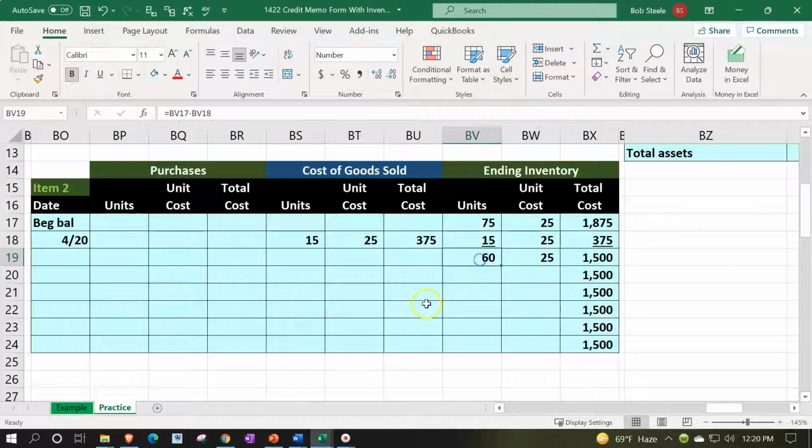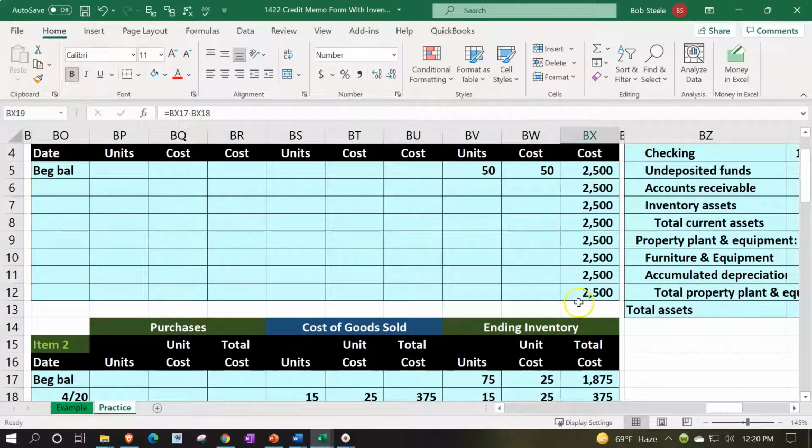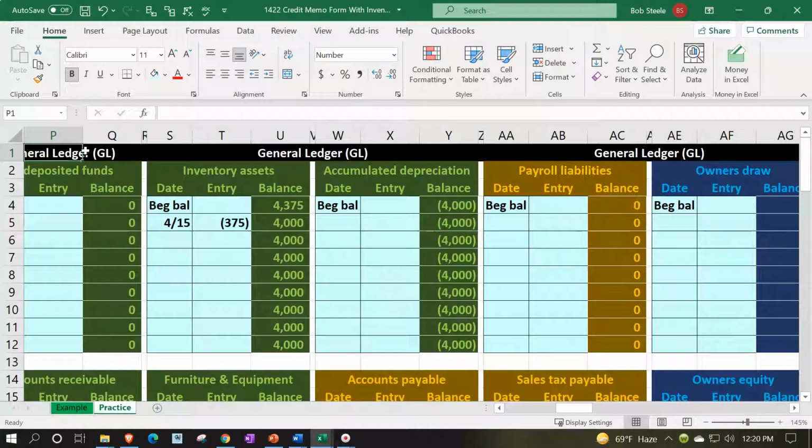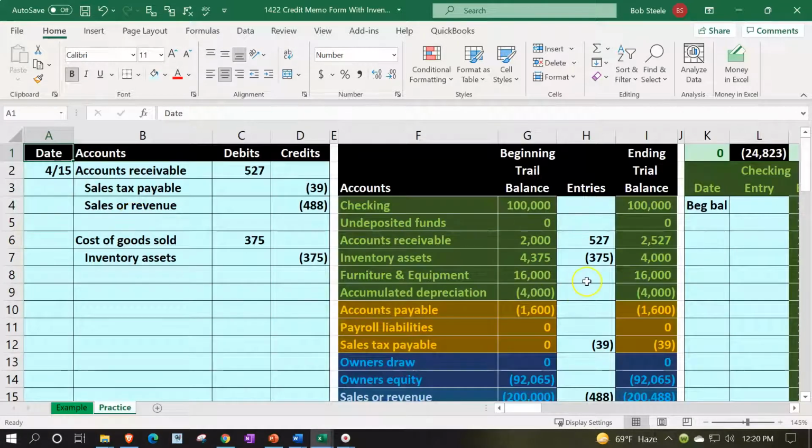So we have 60 units left at $25, which of course is the same 25 no matter what flow assumption we use, because we haven't had any changes in the dollar amounts of the cost of them. And therefore that 60 times the 25 gets us to that 1,500 for the inventory unit 2, plus the 2,500 for inventory unit 1, adds up to the 4,000 total in dollar amount, ties out to the TB given the fact that we have the green 0. But let's double check it. Going back to the left to the TB and the GL, tying it back out again, looks perfecto,